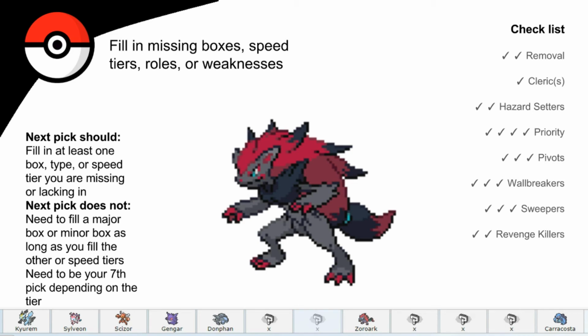priority and Sucker Punch. It gives us Volt Turn. It's a solid revenge killer as well, and it can set up SD or Nasty Plot. So overall, it's pretty useful for our team. This mon in general checks a lot of boxes, and with our team's weaknesses, it is very useful to have. But yeah, and another reason I wanted to put this in the draft plan was so